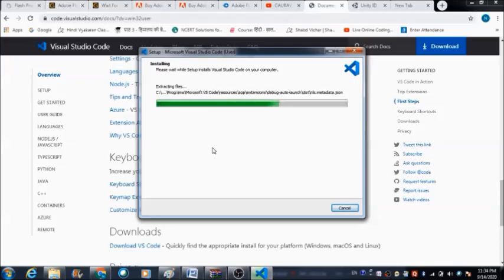Before installing this, just keep in mind that you have to install that Unity software first. These softwares are completely free of cost. They are open source software. That is the reason we are using them for learning coding.